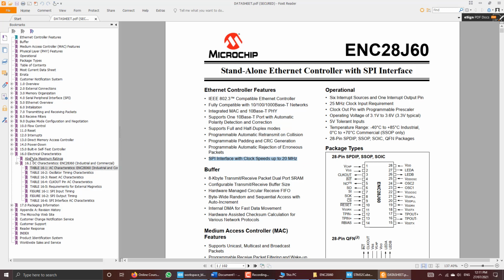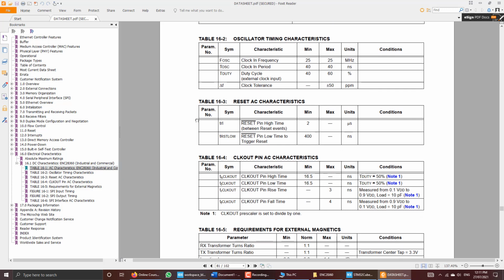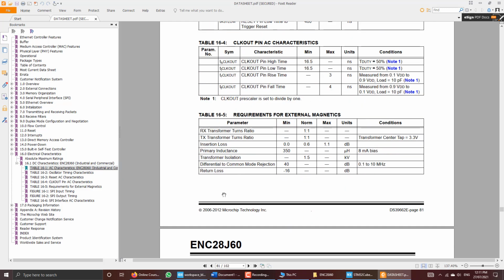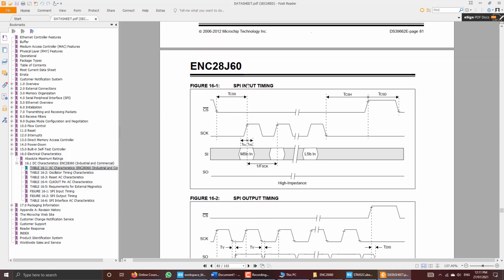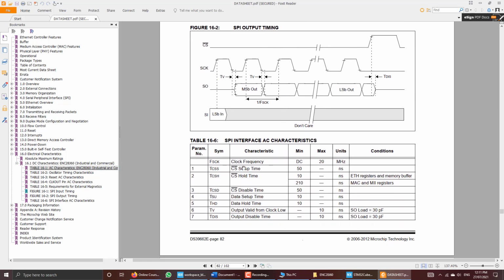The same information is also given in the electrical characteristics section, here in the AC characteristics. The SPI input and output timing characteristics. Here in table 16.6, SPI interface AC characteristics, it is FSCK clock frequency.